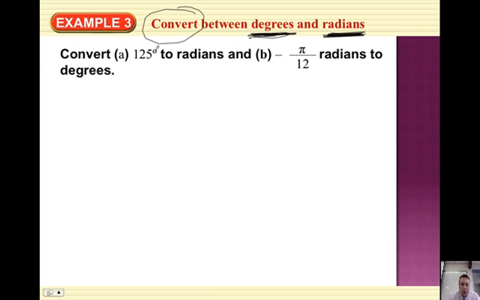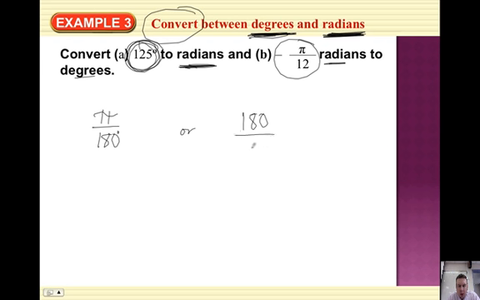So what we're going to do is take 125 degrees and convert it to radians, and then we're going to convert this many radians to degrees. So you have to know two little formulas, tiny. It's either going to be pi over 180 degrees, pi stands for pi radians over 180 degrees, or it's going to be 180 over pi. So you're going to use these two things to convert. This one you're going to use to convert